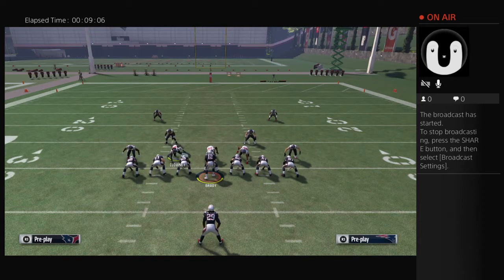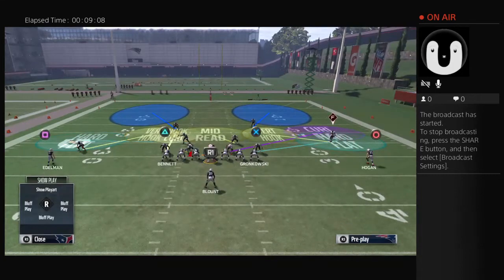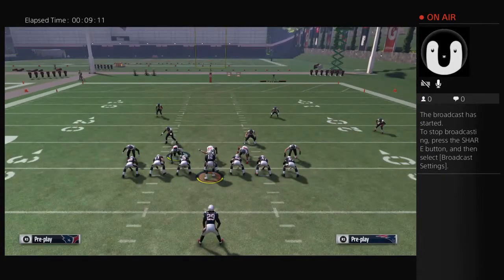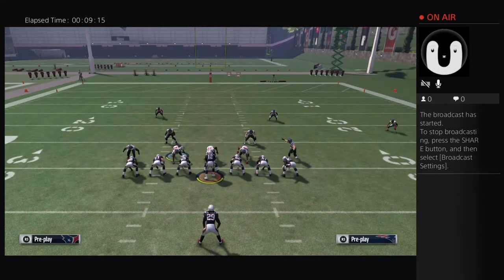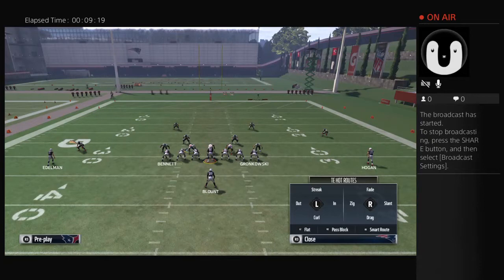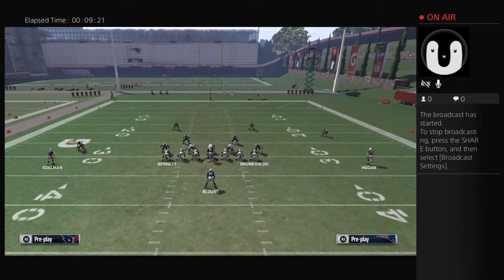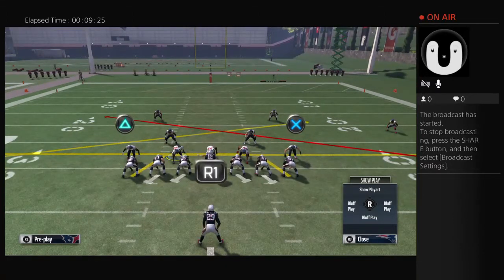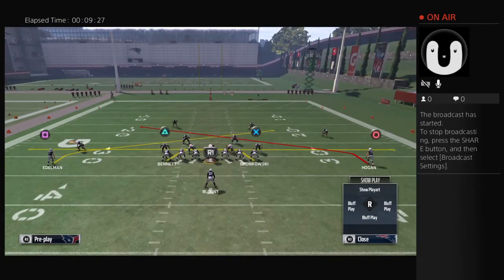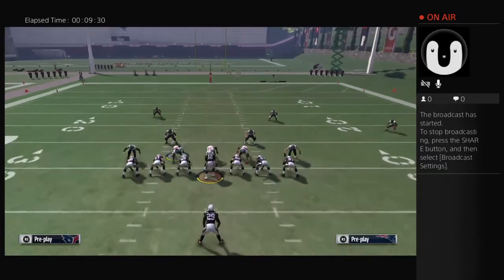But this, like I said, is when you think they are actually going to do a slant or drags. And usually when I see drags, I see double drags. So I'm going to actually do that right now. This might mess up coverage over the middle because there's so many people going over the middle. So this is just an experiment here. It might actually mess up the coverage, but